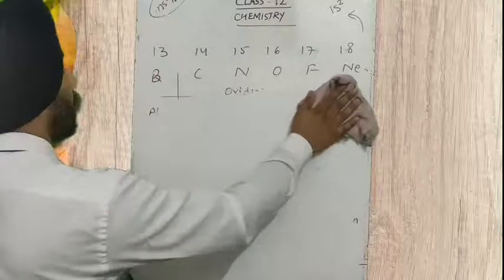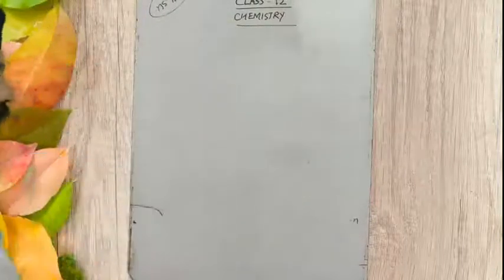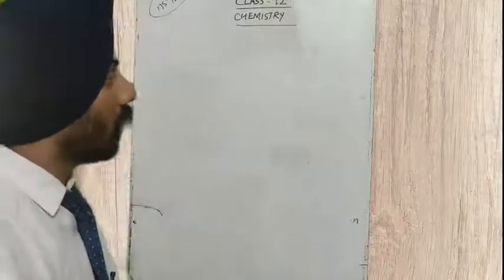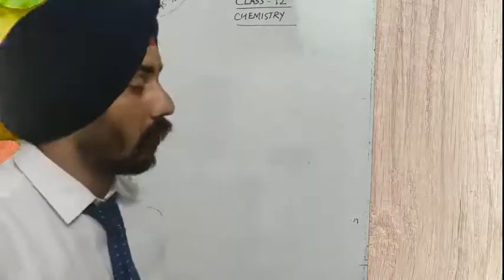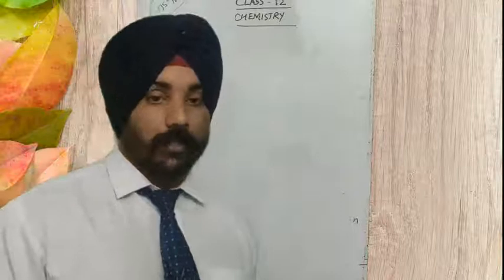Then afterward we have a very important phenomenon, that is the higher oxidation state and lower oxidation state. So let's first understand what the higher oxidation state of the elements of the p block is and what the lower oxidation state is. Then we will see how the stability changes when we are moving from top to bottom in a group. Okay, so for the group we are going to discuss the higher oxidation state and the lower oxidation state.